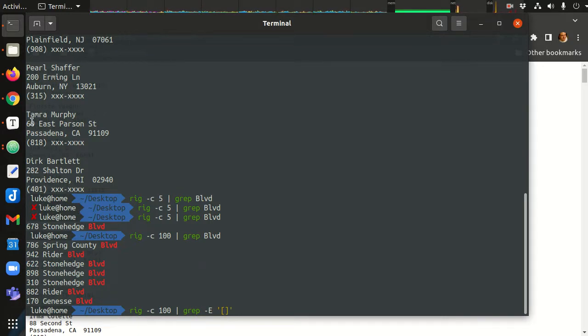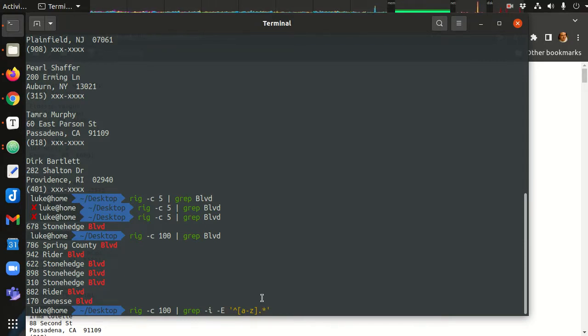Let's say we wanted to find all of just the names. So these would be lines that start. We use the caret, which matches the start of a line, and we could say lines that start with a letter. Let's ignore case, so it can start with a lowercase letter and it doesn't matter. So we want it to start with a letter, and then we want to say dot star. The dot matches anything except a newline character. So star means we're going to match